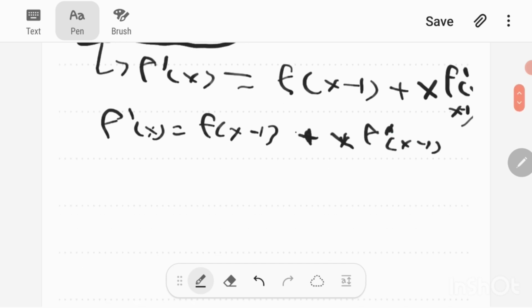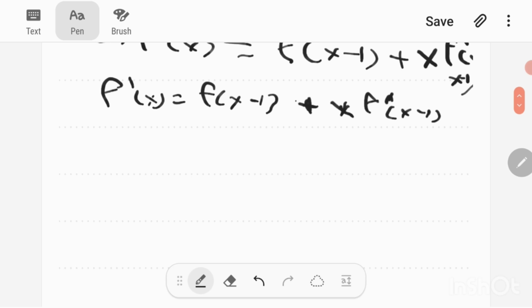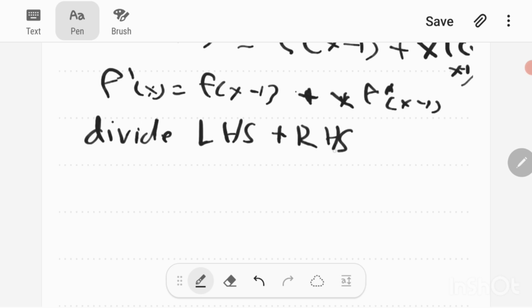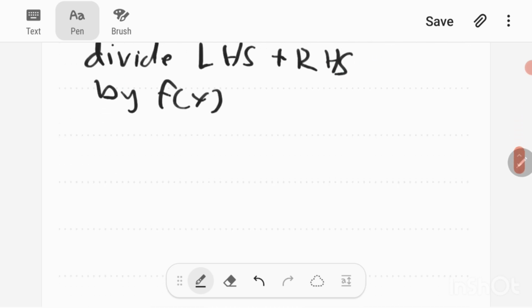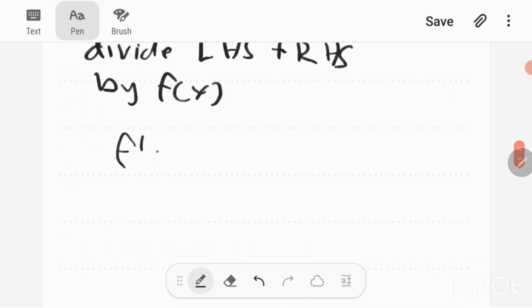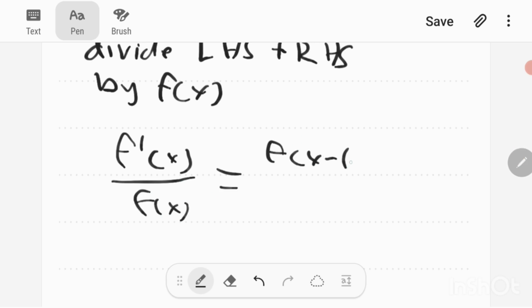Now, what we're going to do to this equation is divide the left-hand side and the right-hand side by f of x itself. And why do we want to make this manipulation? Well, it'll be clear in the next few steps. So we divide the left-hand side and the right-hand side by f of x. This yields f prime of x divided by f of x is equal to f of x minus 1 divided by f of x